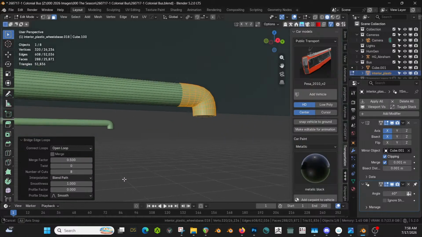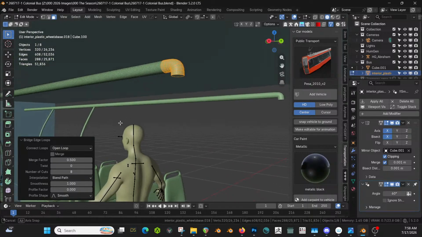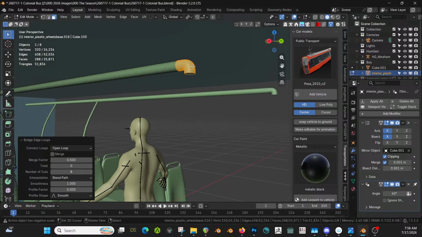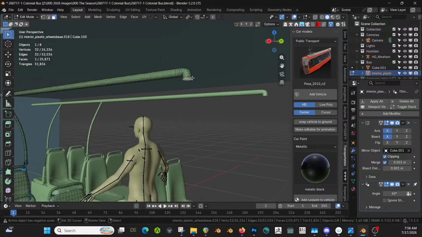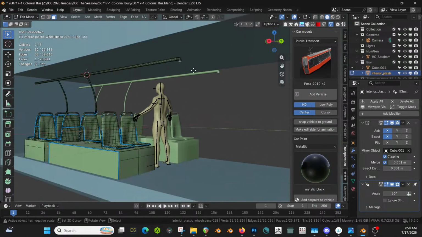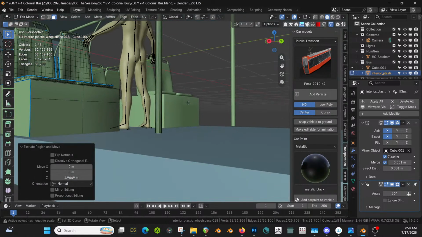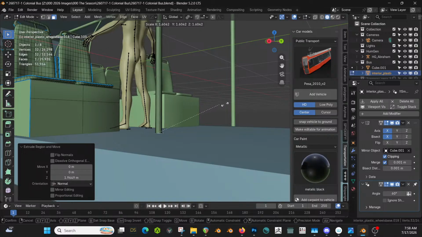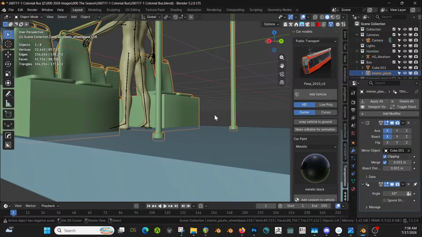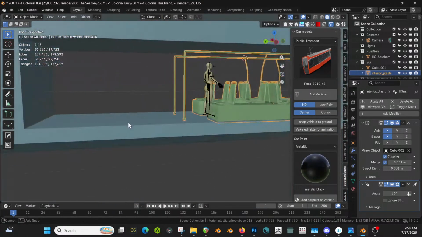Cool. And then 3. Take that down. E down to right there. Cool. E scale. E down. Cool. So that's our